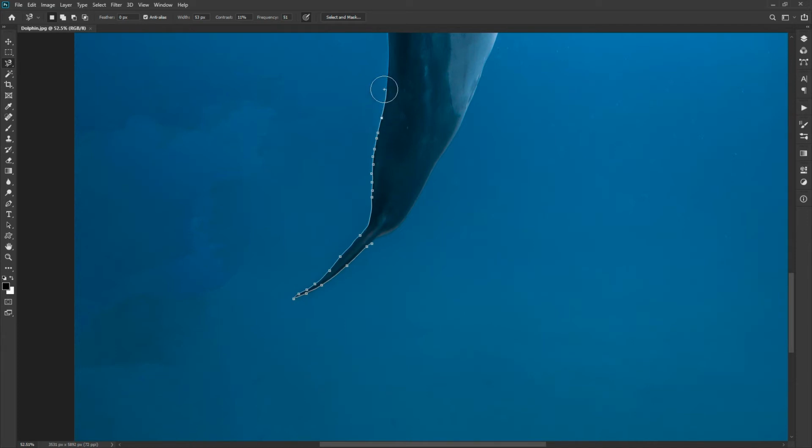The other option to set the smaller gaps is higher frequency value on the option bar. But this we have to set before starting the selection. Over here, we have a very smooth curve of dolphin edge to select. So we can set the frequency to its default value or set it lower.